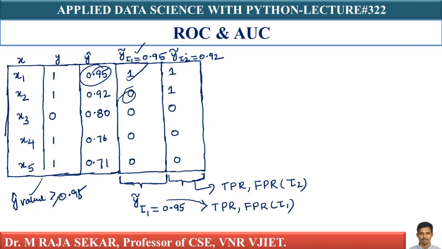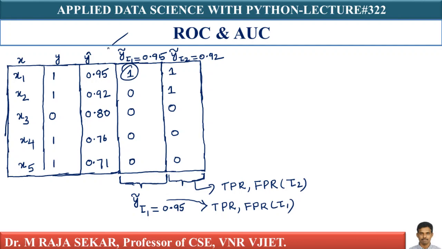In similar manner, just take tau 2 equal to 0.92. So let me draw it here. Now what I am doing is saying what the class label is. Let's call it y tilde. This is y tilde. When tau 1 equal to 0.95, this will become class 1. All others will become class 0 corresponding to y tilde at tau 1 equal to 0.95.